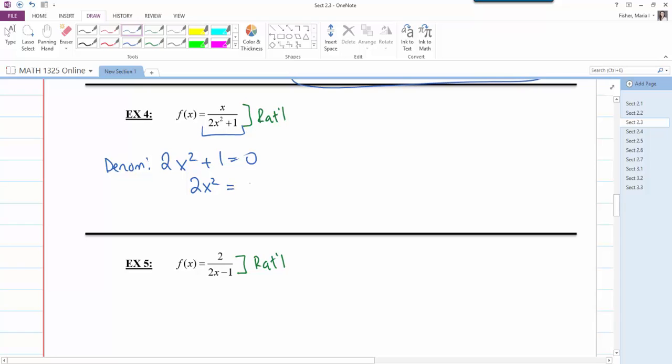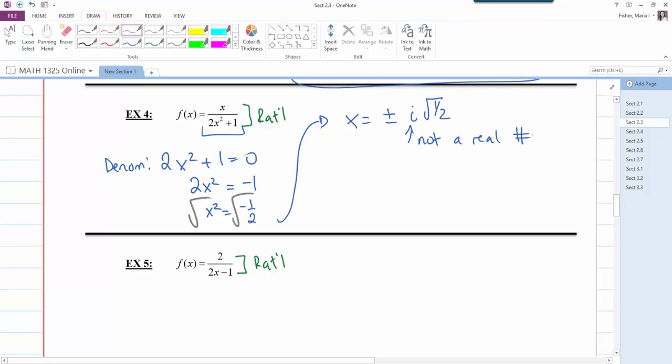If I solve for x, I move 1 over, I divide by 2, and then I'm going to need to take the square root of both sides to solve. And I end up with x is equal to plus or minus i square root of 1/2, which is not a real number. Since it's not a real number, there's nothing to exclude. Therefore, here we are continuous